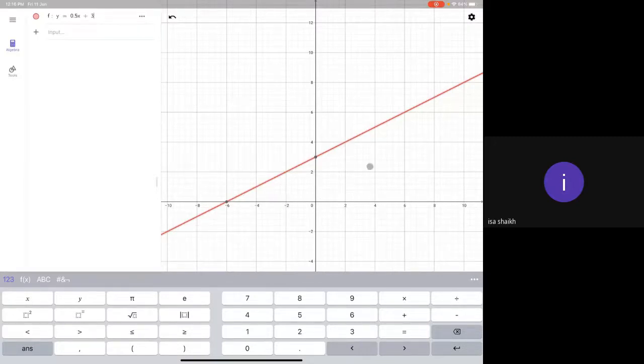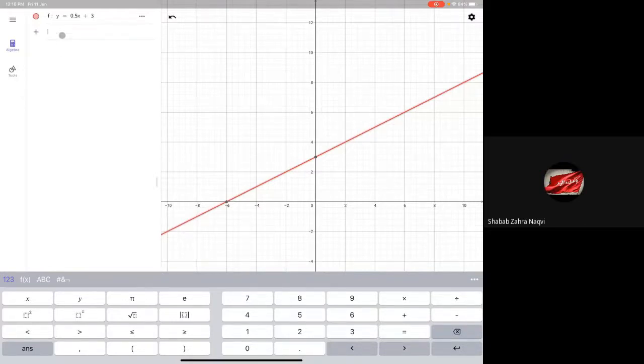is the same. Correct? If you stand at x equals 2, slope is the same. If you stand at x equals 4, slope is the same. If you stand at x equals 6, slope is the same. If you stand at x equals 10 also, slope is the same. Even if you stand at x equals minus 10, slope is the same. Can you see that? Yes, sir. So for every x, slope is the same.